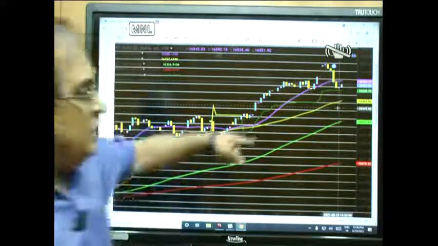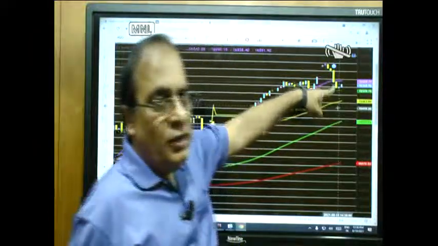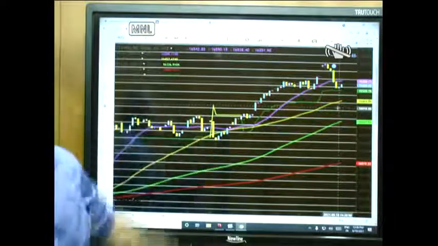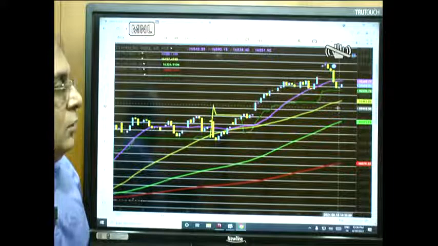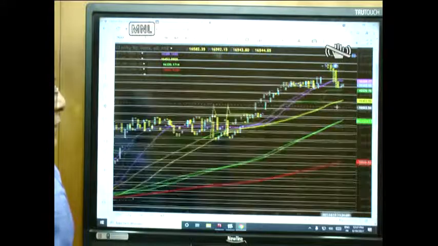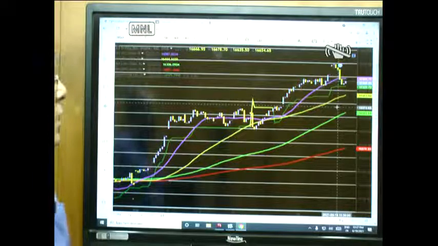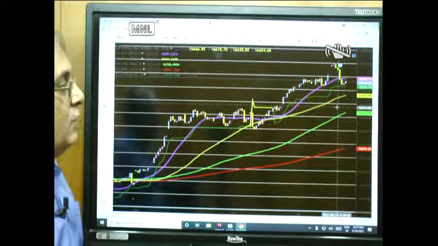Now if you see the 20 hourly moving average, it is here, and if it starts cutting below this, then in that case we are going to have a further fall. So please keep in mind, this particular place will serve as an important stop loss point